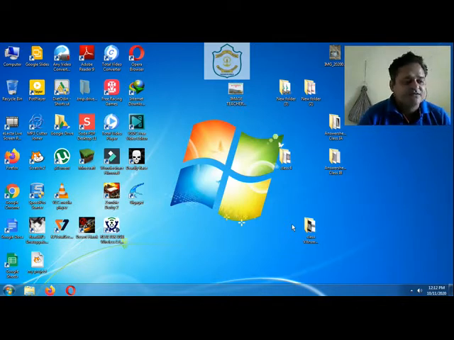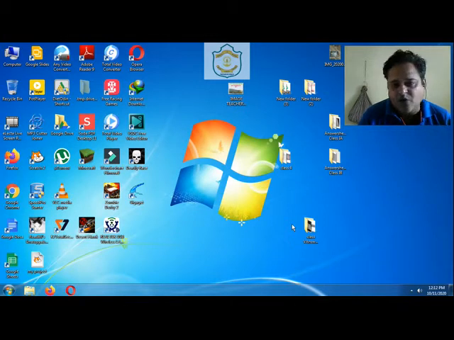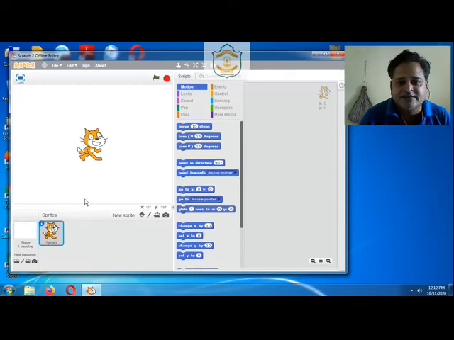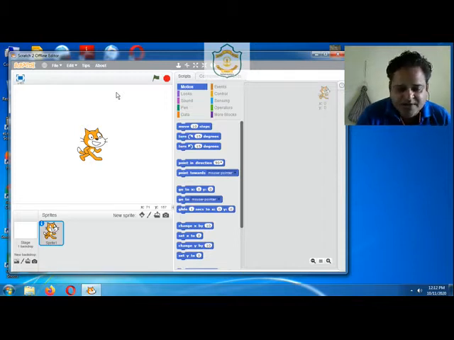In your previous lesson you have learned about the various components of Scratch. I am assuming that you know the basics of Scratch, and how a Scratch window looks like. Let me show you by opening it. So this is our Scratch window. These all are components. As we all know, Scratch is a very simple programming language which is especially used for creating games, stories, animations. Children find it much easier to use because of its graphical user interface.